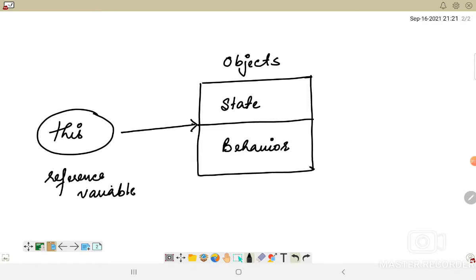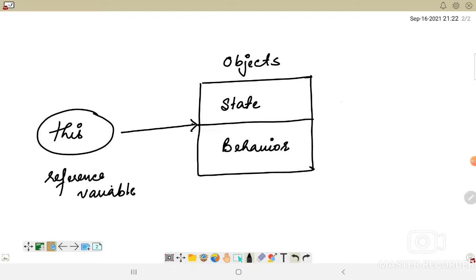There are several usages of the this keyword and we will talk about them in our videos, but as of now we have to understand that it is used to refer to the current class instance variable. If there is ambiguity between the instance variables and parameters, the this keyword resolves the problem of ambiguity.